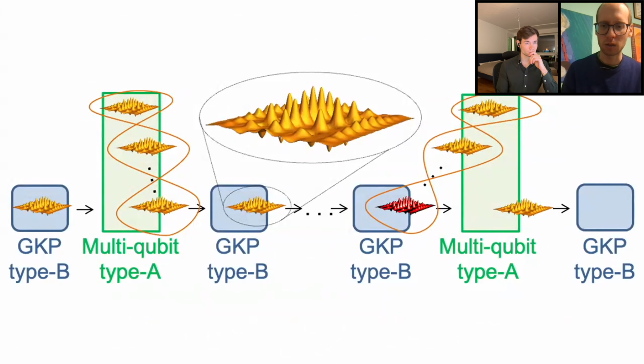Okay, so this is now a picture of how you can put it together in a communication setting. You can show that the photon loss that happens during the transmission is effectively exactly something that shifts that grid. If the shift is smaller than square root of pi over 2, you can correct it. If it's larger than square root of pi over 2, then you cannot correct. So the whole idea here is that